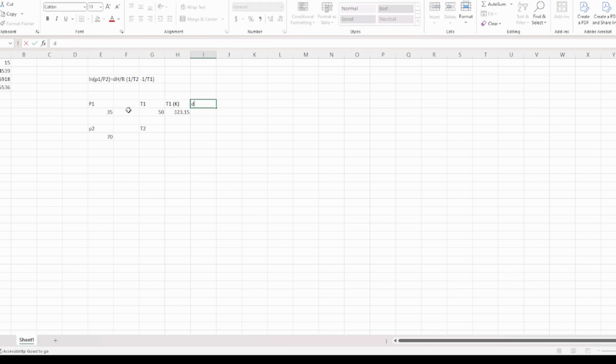Now our delta H is, as I said, 50 kilojoules. We're going to want to turn that into joules. So we're going to say equals this box times 1,000. That's going to give us our delta H in joules. And our R constant is 8.314 joules. Now, with that in mind,